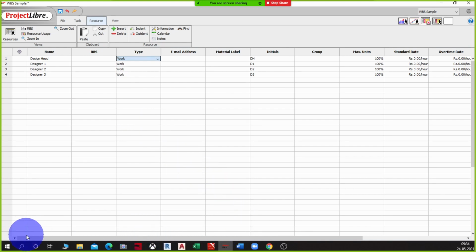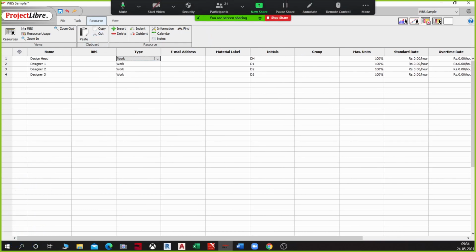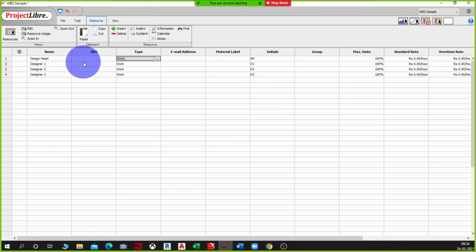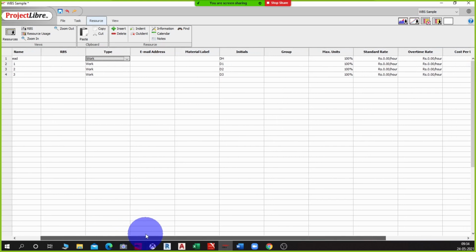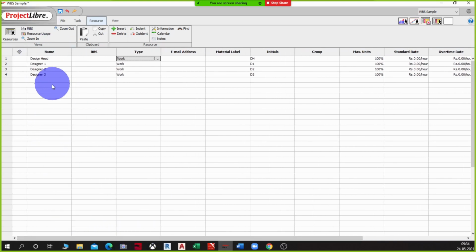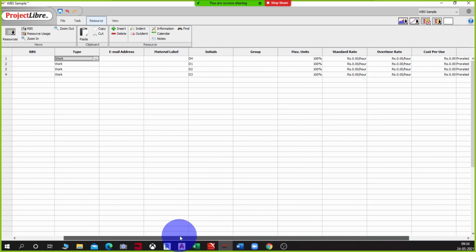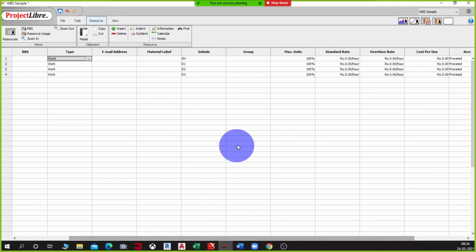Okay, now let us, okay, RBS, we will look at RBS in some time on how it impacts the resource breakdown structure. You can add in your employees' email IDs here, and if it's a material you can give the label, I mean, what kind of material is that, you can give that label here. These are basically things which will help you in tracking later. We will get into that in depth of why email ID or employee number can be very helpful. You can start generating your billing as well from here.